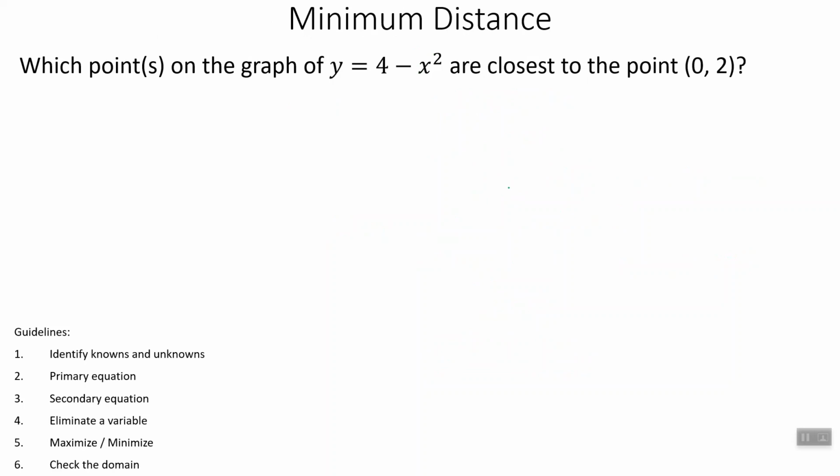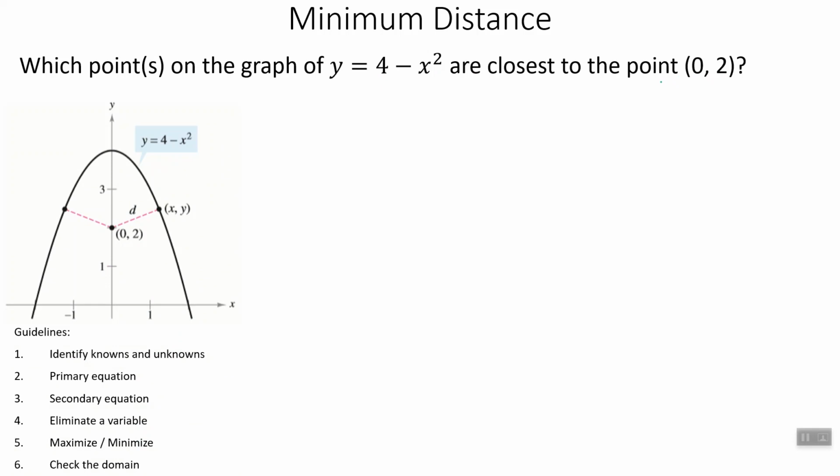All right, let's get a little tougher. Which points on the graph of y equals 4 minus x squared are closest to the point (0, 2)? Well, let's draw a graph. Yeah, I'll do a graph. I know, I cheated. I'm sorry. So here's the parabola 4 minus x squared. We're going to have some point, probably points because it's a symmetric graph. (x, y) is a point, and we want it to be the closest to (0, 2). So we want this distance to be a minimum. So we want to minimize